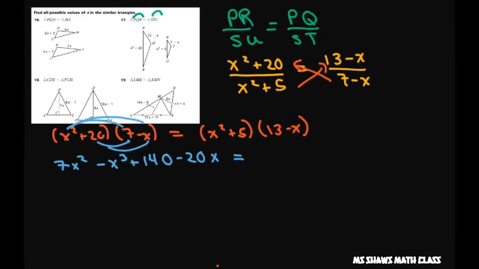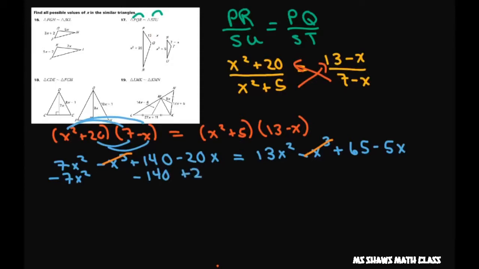So let me go back to blue. 13x squared minus x cubed plus 65, yeah, 65 minus 5x. Now simplifying, we notice that these two are going to cancel out, and I'm going to move everything over to the left-hand side again, or right-hand side. So I'm going to subtract 7x squared. I'm going to subtract 140, and I'm going to add 20x. So when you do that,